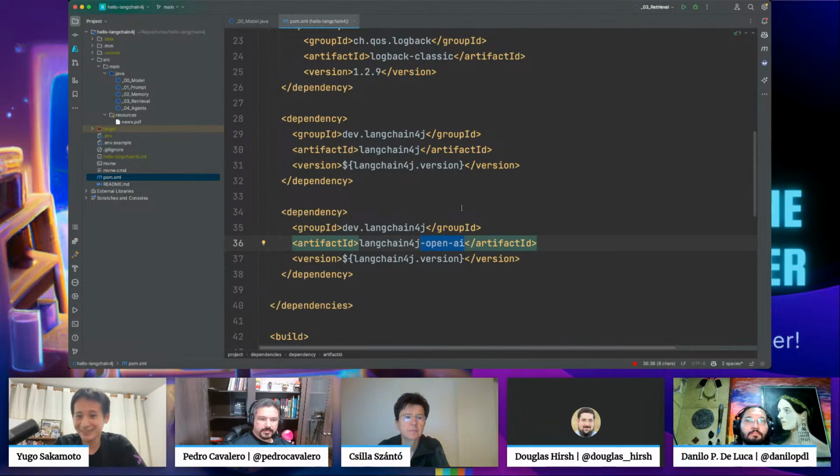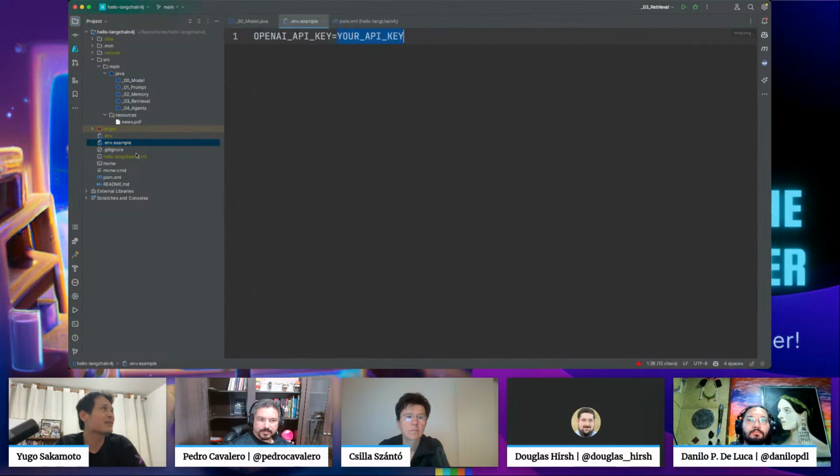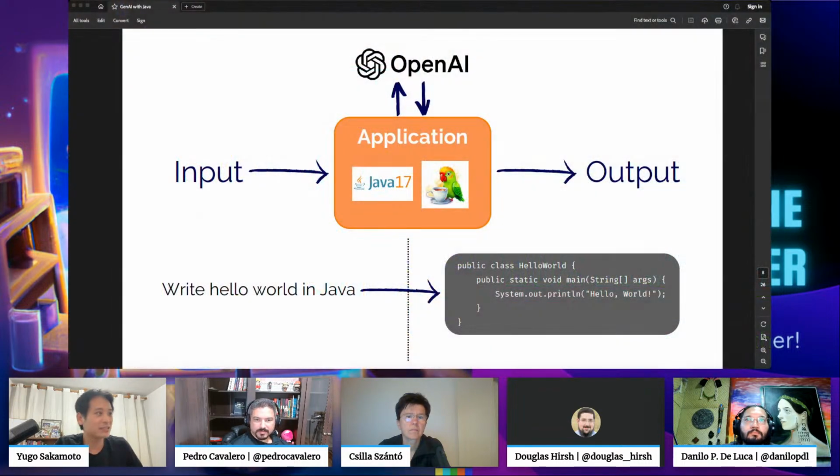And I see that Andres said the code is what matters. Thanks, Andres. For our first example, before running it, another thing that is important to have is the OpenAI API key that you will have to map here. To get that API key, let me go back to the presentation.